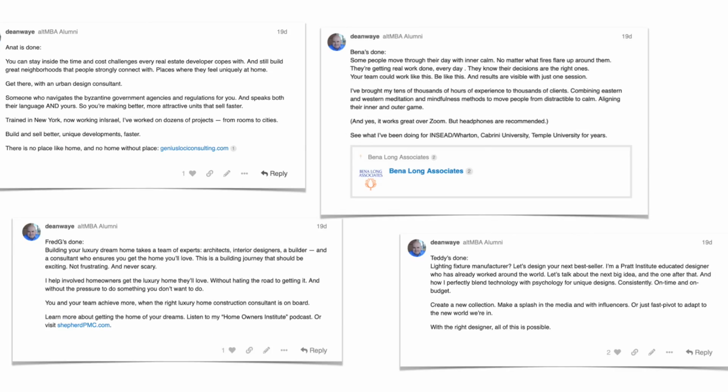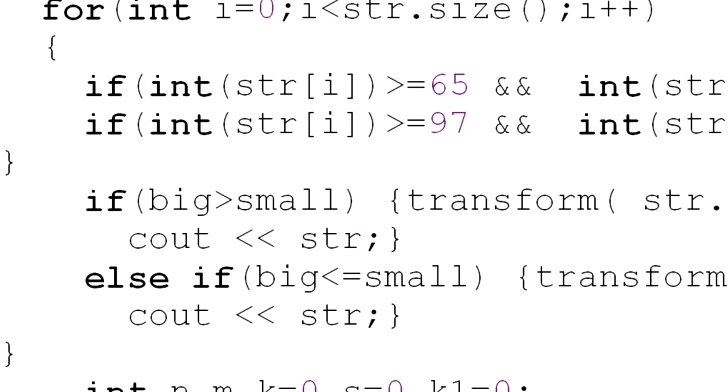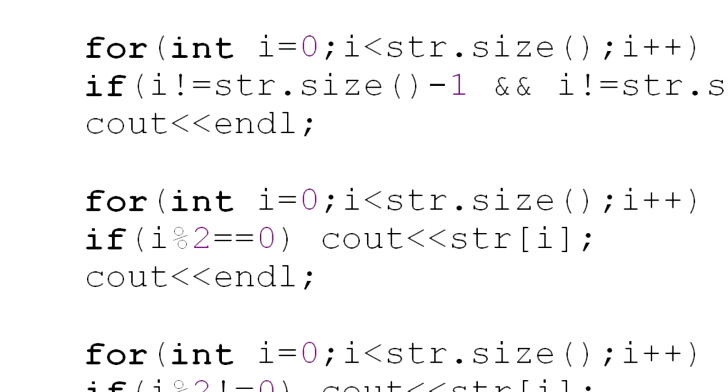And there it is, the method I've used for hundreds of clients when I wrote their LinkedIn summaries. Those people stood out. They got new jobs. They got better jobs. They got new customers. They talked about the reader as a way to talk about themselves. They decided on their angle, and they didn't put too much burden on their readers. It made a big difference. If you want to, you can add a section to the bottom of your summary with a bunch of keywords just for the LinkedIn search algorithm. I don't think it makes a difference, but it probably can't hurt. No human is going to read it anyway, so why not?